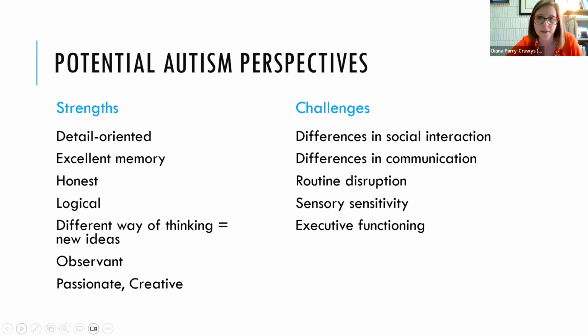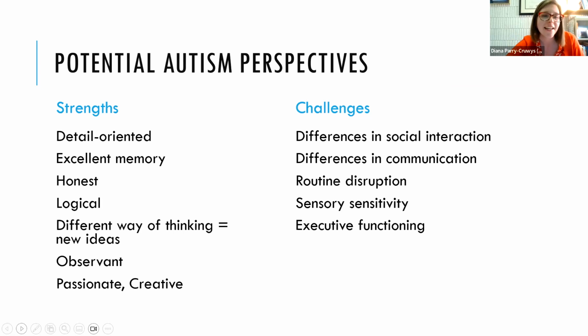These are challenges that are really integral to receiving the diagnosis itself. So communication and social interaction challenges, difficulties with disruption in routine, sensory sensitivity. So that could be lights, sounds, clothing, general environmental overwhelm, and then executive functioning challenges. But I don't want us to overlook the strengths that, again, are individualized, but are often associated with this profile too. So many folks I know are very detail oriented, have excellent memories, often very honest and logical,